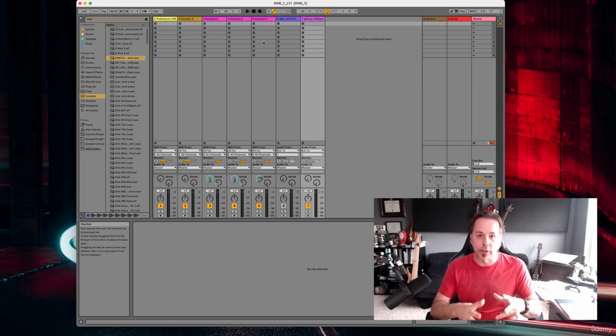And the biggest difference is that we're really designed to be working with looping material here in session view versus arrangement view. That doesn't mean everything has to loop, but it means that that's kind of the default way to interact with